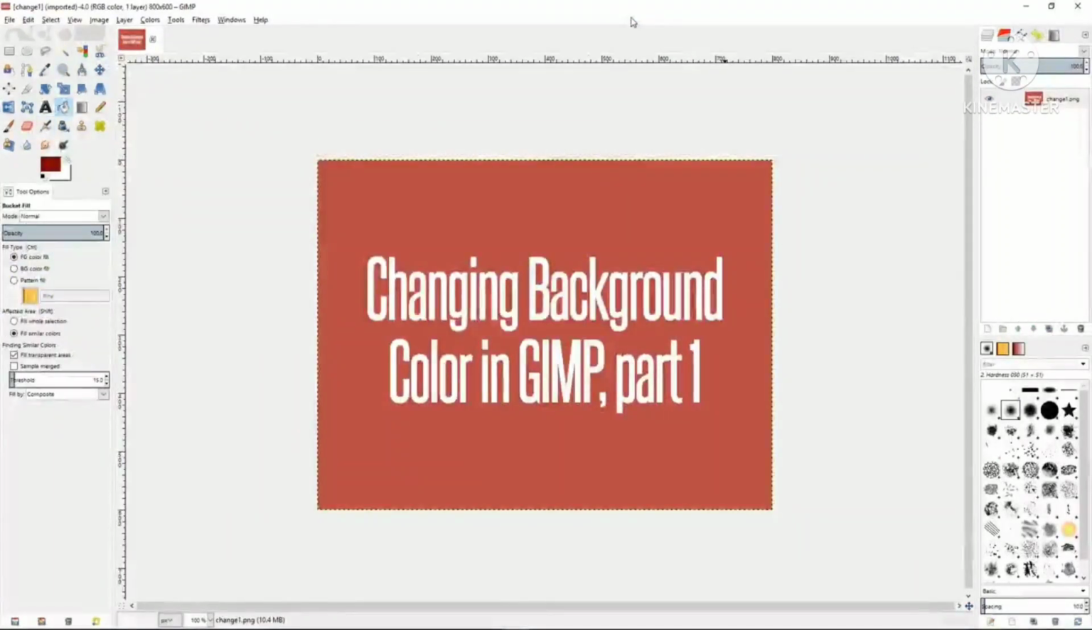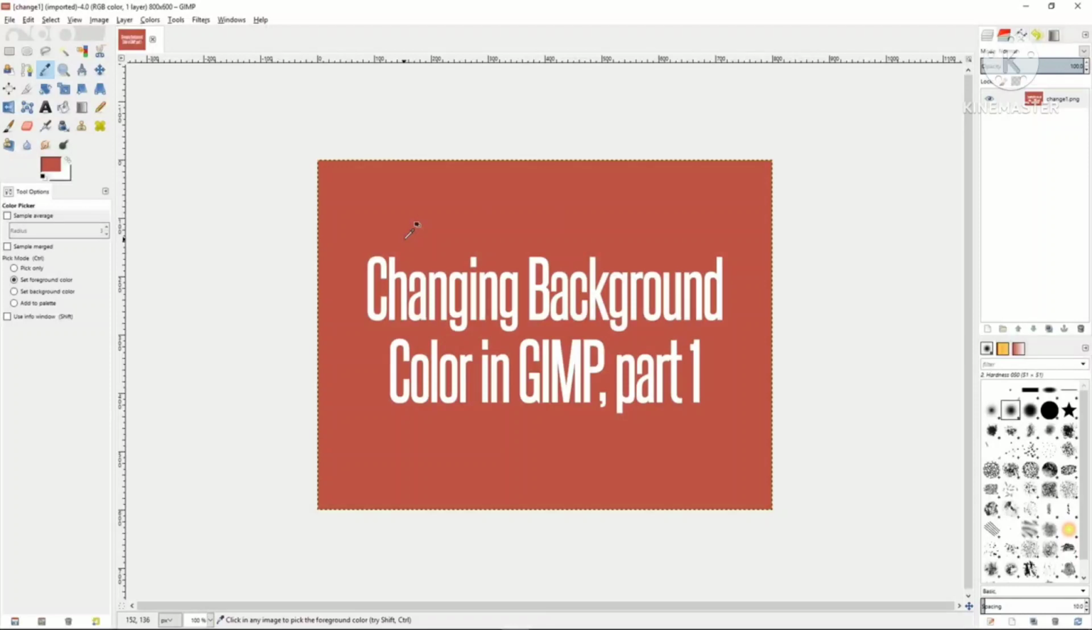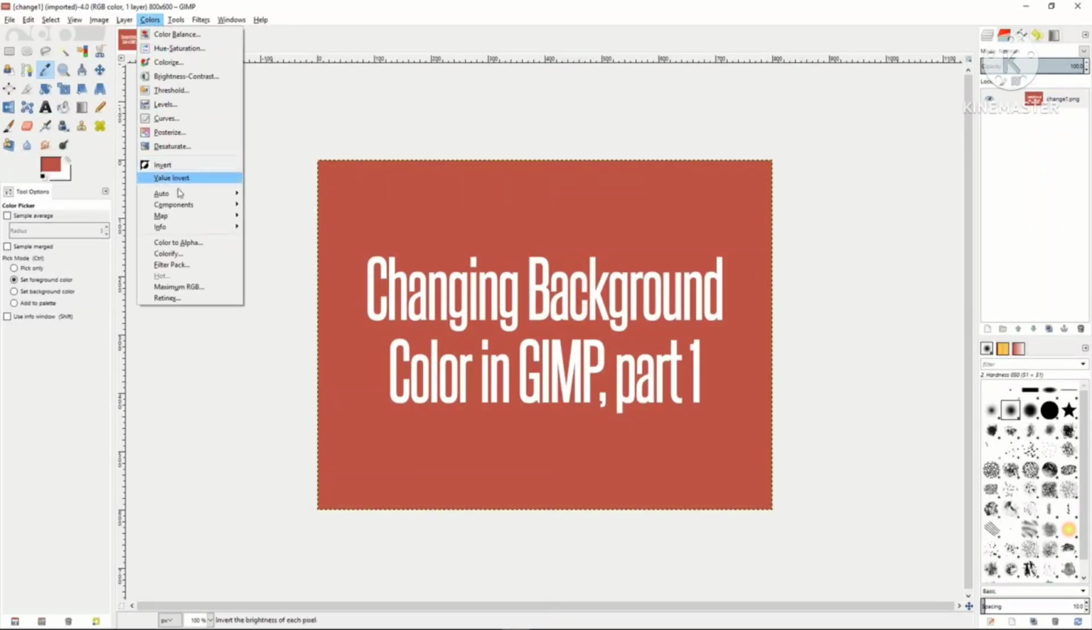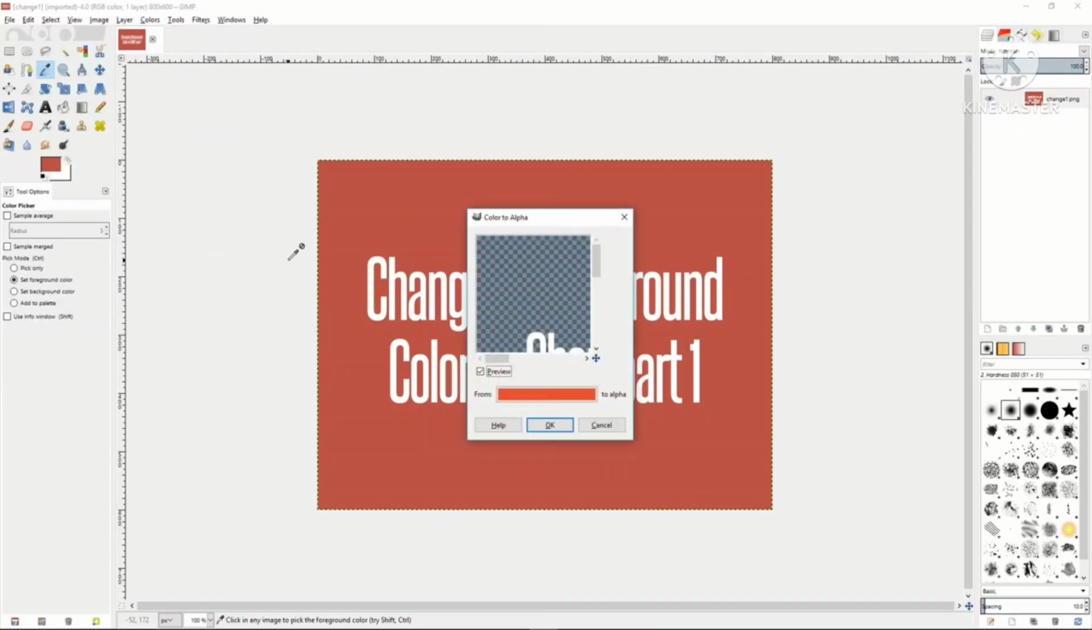Welcome to the next tutorial in GIMP. This is a very quick tutorial, part 1, about changing background color in GIMP. It's actually a very quick way to do this in GIMP, especially if you have an image that already has a background color you'd like to remove. So the fastest way to change the color in your background is go up to Colors, Color to Alpha, and